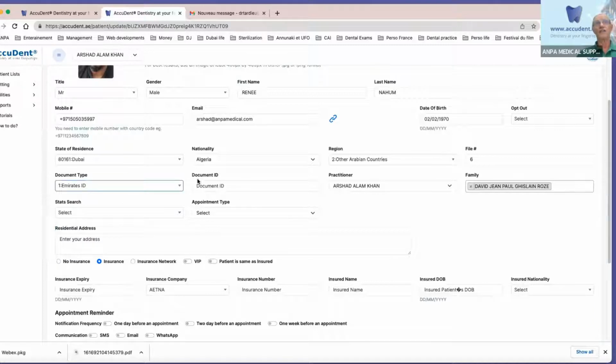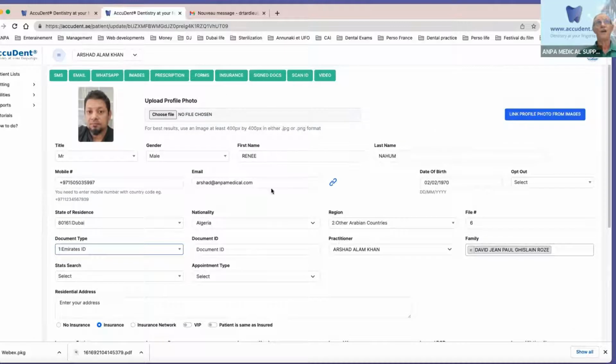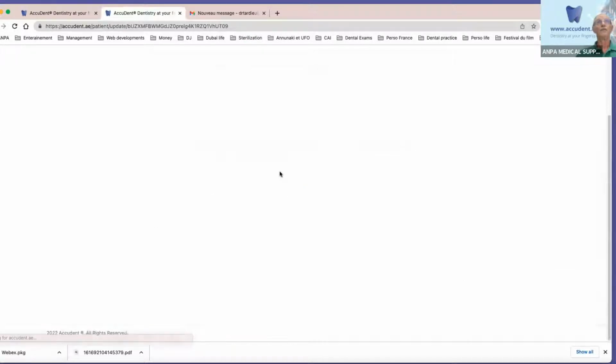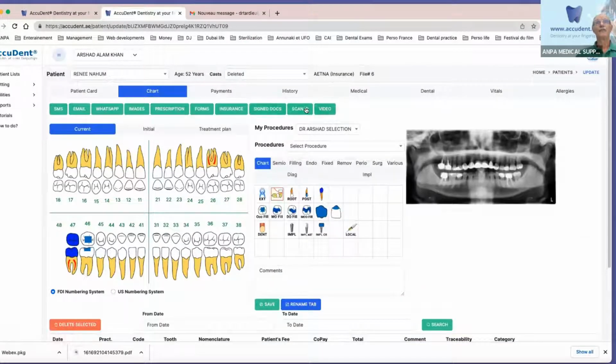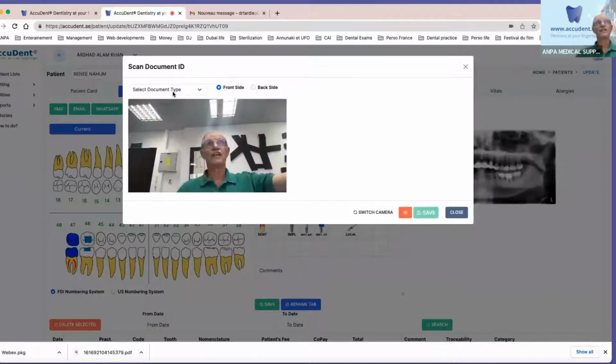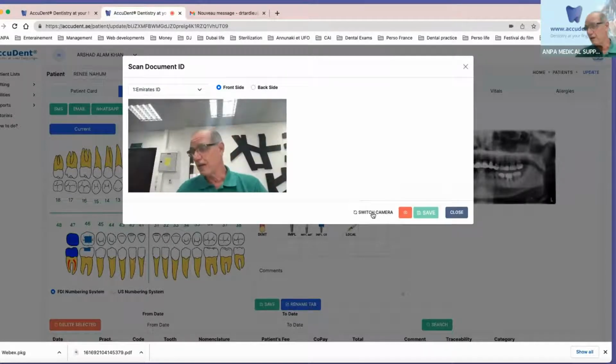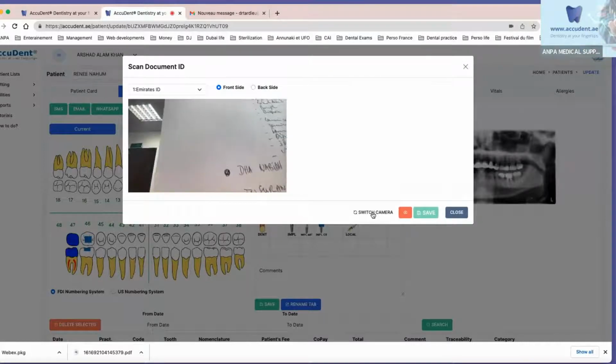And instead of writing things like this, we have a way to scan ID. You see scan ID here? Let me save, and I'll show you the scan ID. I go to scan ID, and on scan ID, I can scan the Emirates ID, front side and back side. So I'm going to take a selfie. I don't want that. I am going to switch the camera, and switching the camera, I can put the ID,